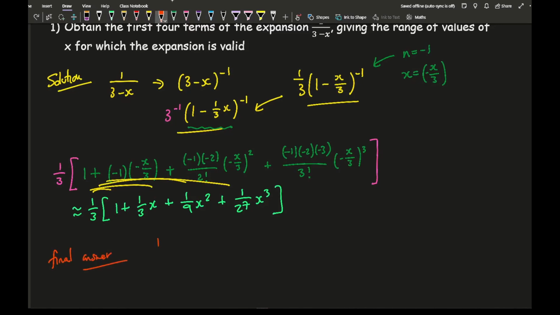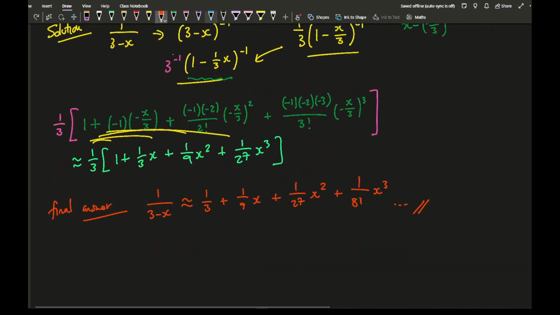which is that 1 over 3 minus x is approximately, and the answer is going to be a third plus a ninth x plus 1 over 27 x squared plus 1 over 81 x cubed. Now also just make sure that your x is not in the denominator, and so that there would be my expansion. Now going on from the next part of the question, it talks about validity, so it's valid for,